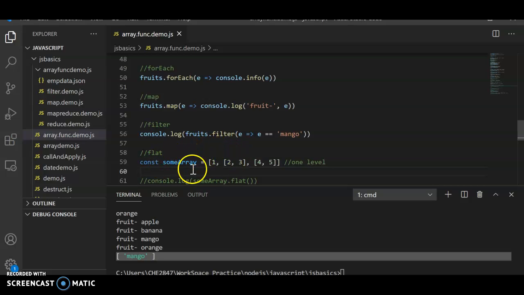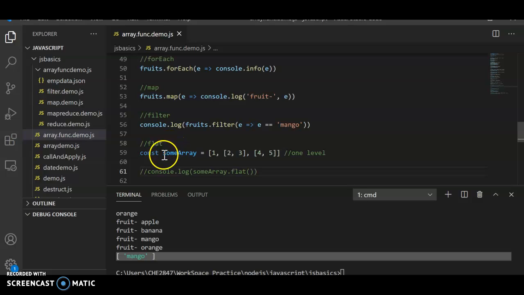And flat. Sometimes you have an array like this, and you want to flatten that. Flat means you want to take the key of this